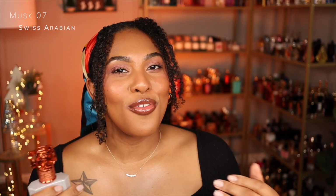It's like the perfect balance of a cozy, comforting musk, and that's my favorite type of musk versus an animalic musk. I can do a fresh and clean soapy musk, but here I think it's a little bit more up my alley, like my scent profile that I typically go for. So this scent opens up with some fruitiness, some pomegranate, and some black currant, and then as the fragrance dries down you start to get those floral notes like lily of the valley, and then in the deep dry down that's where you get that musk and that patchouli, and the patchouli isn't too earthy but it does ground this